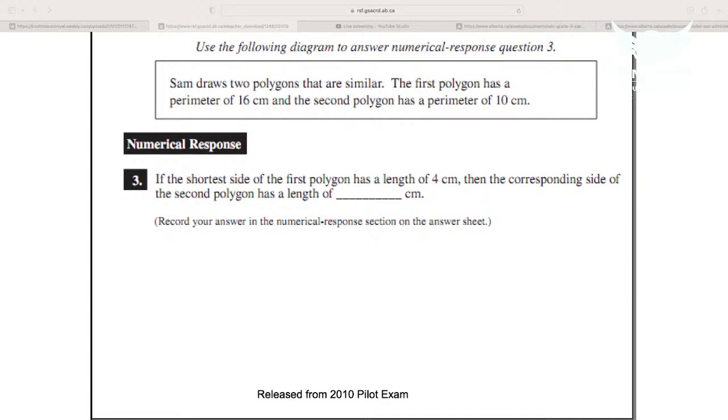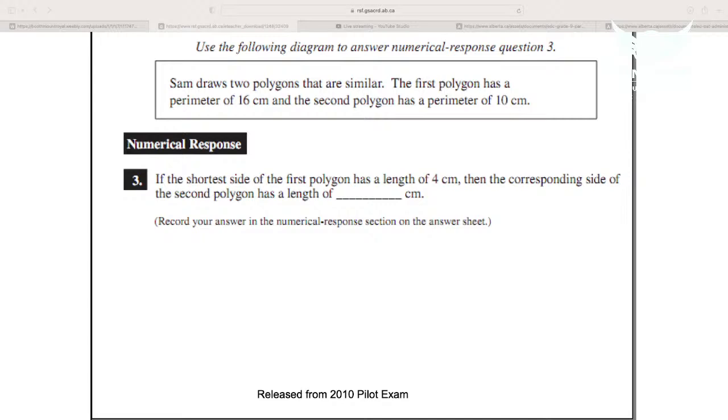So let's please read the next question. So Sam draws two polygons that are similar. The first polygon has a perimeter of 16 centimeters, and the second polygon has a perimeter of 10 centimeters. If the shortest side of the first polygon has a length of 4 centimeters, then the corresponding side of the second polygon has a length of,